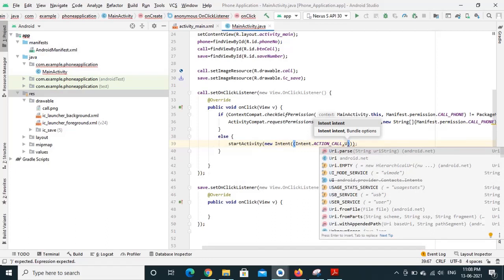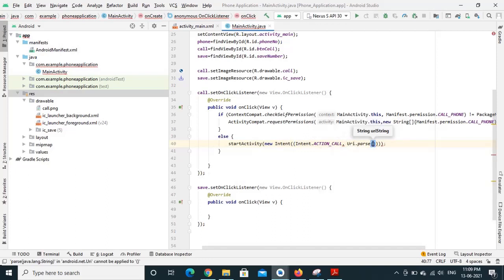This Uri.parse function will create a reference for the resource. URI is used to create an object, and Uri.parse is used to create an object. This will take a string value called the URI string.